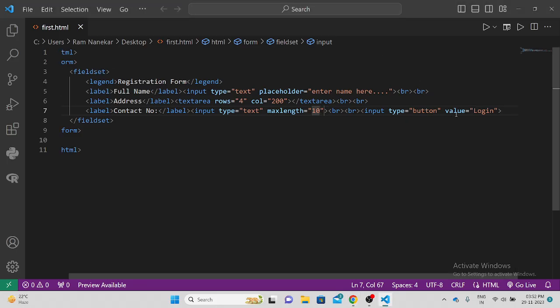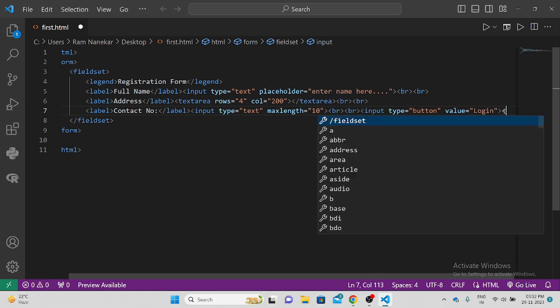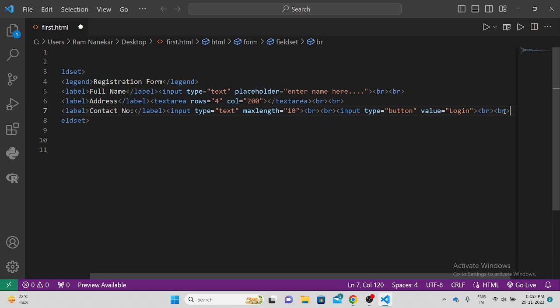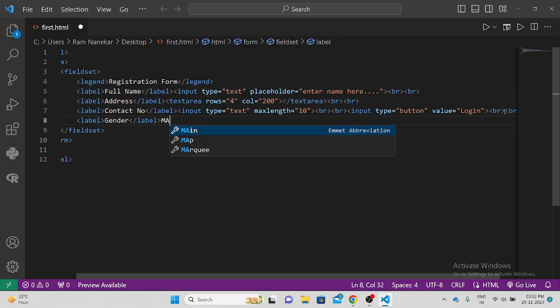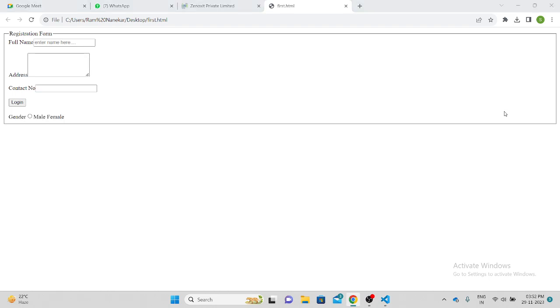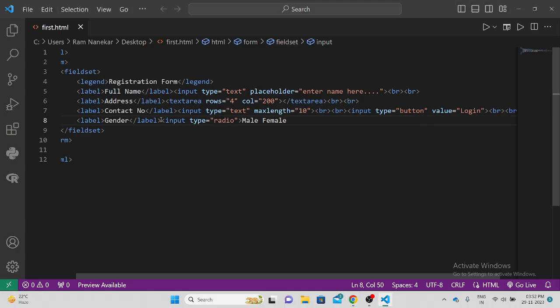Okay, so next is I want to create a new line, so it's a BR. So next attribute, suppose I'm inserting a label, and that is my gender. Suppose I want to use gender. For gender, see, there are two types of genders. First is male, and second is female. So for male I want a radio button, so we are using input type equal to radio. Okay, so just close it, save it, Control R, refresh it. See, आ गया radio button. So same for female, so just copy it,